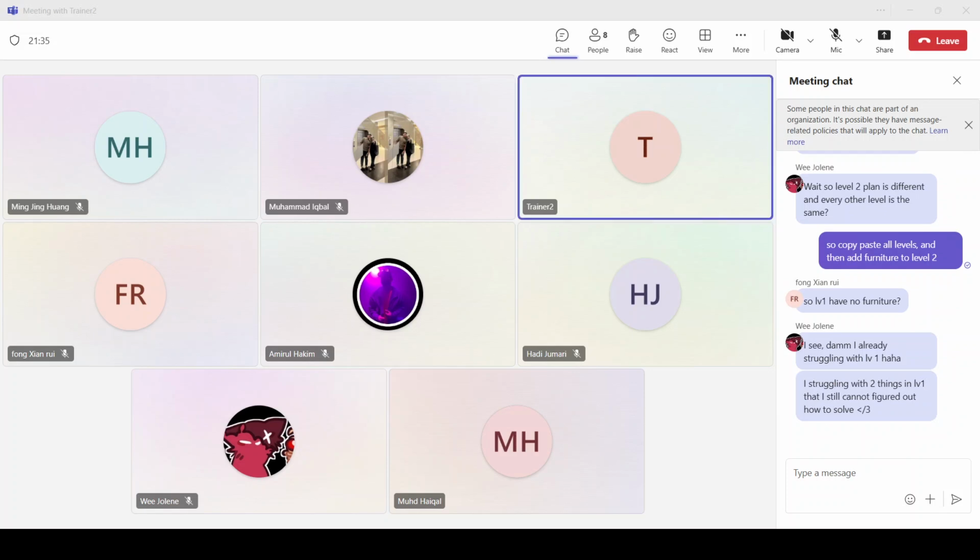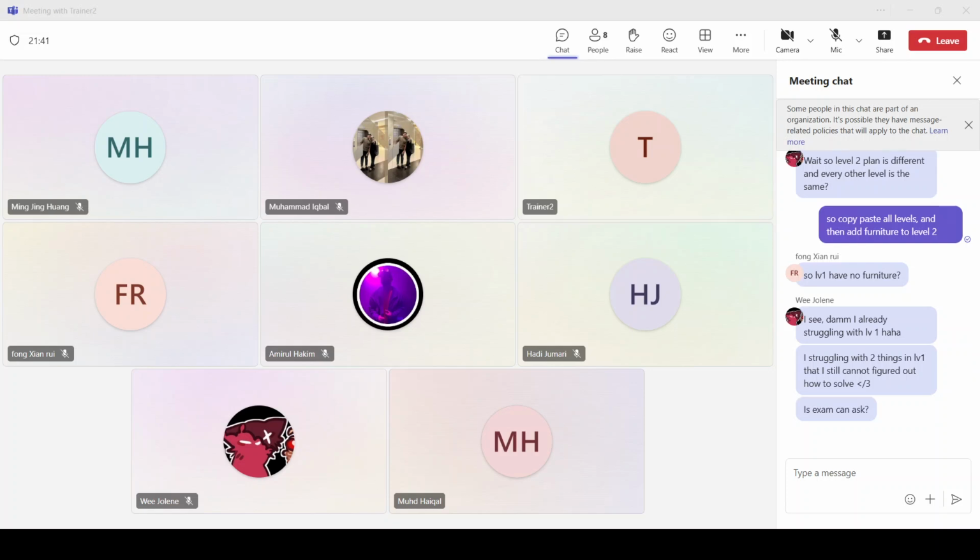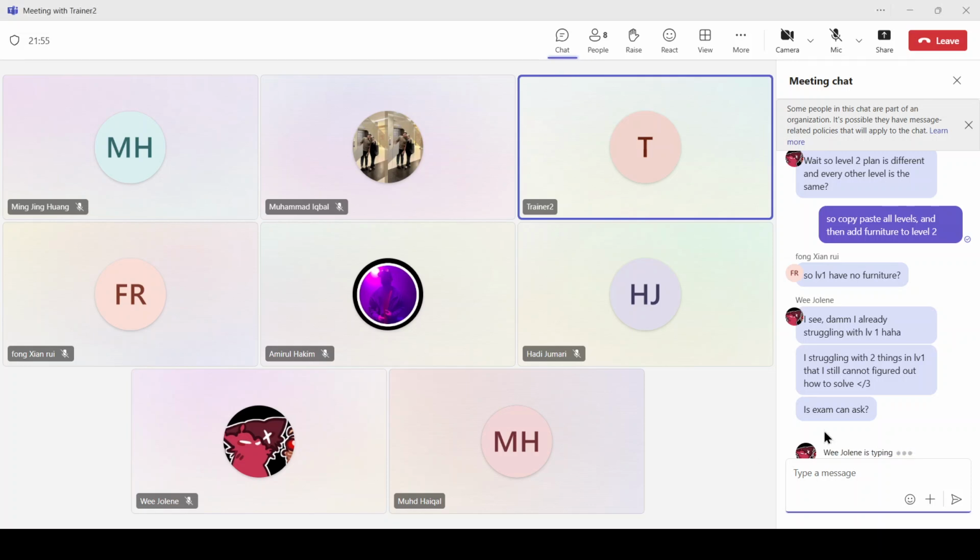Which one, Jolene? You mean the curve one, is it? Sorry, Iqbal, you have to redo those items, those errors, you cannot tell it to the client. Sorry, I accidentally closed my file. They don't care. They want the product, the output, Iqbal.